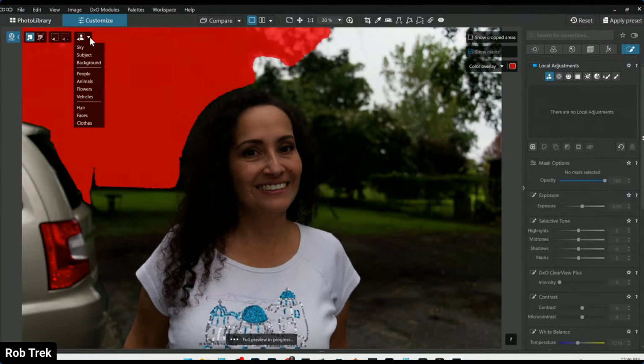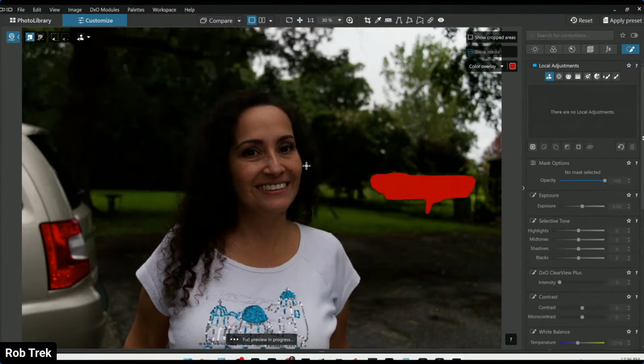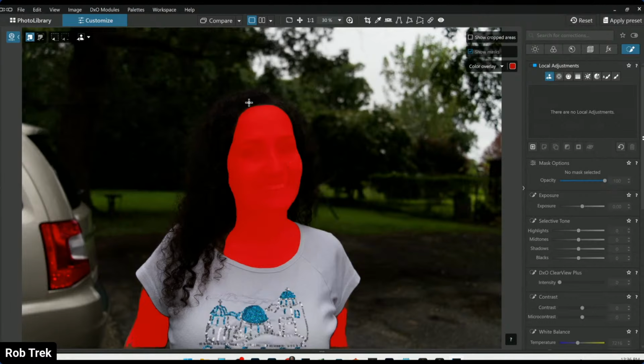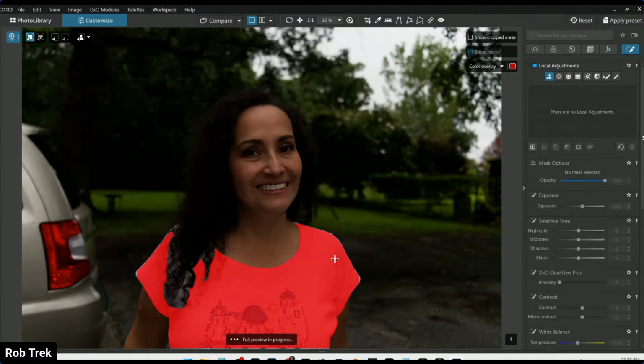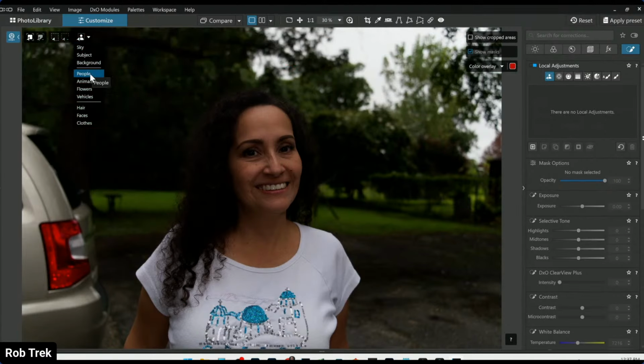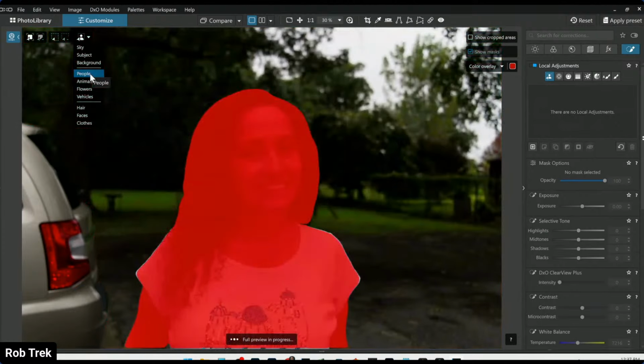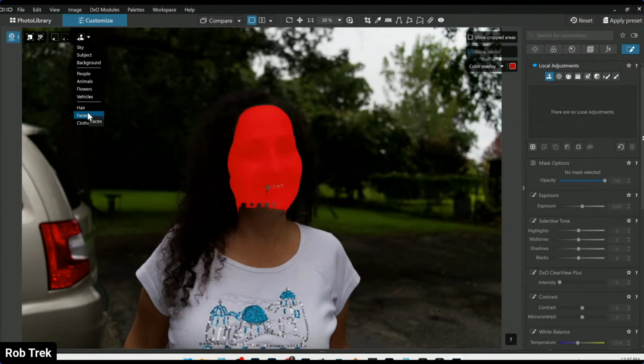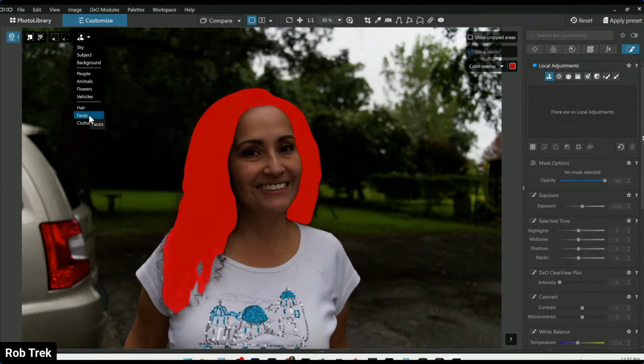One way is, like I said, I can move my mouse around and it'll select different things automatically, right? But I can also just select here. This reminds me of the subject detect that we have in our cameras, right? So they have people, hair, faces. They have a face. So let's just do faces,